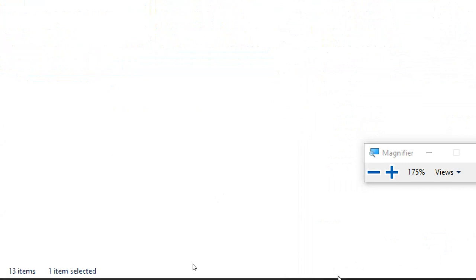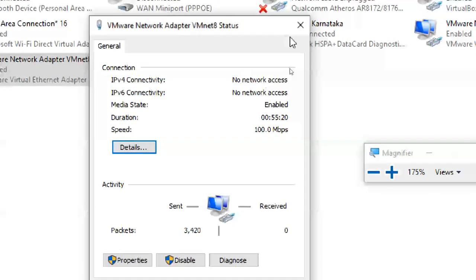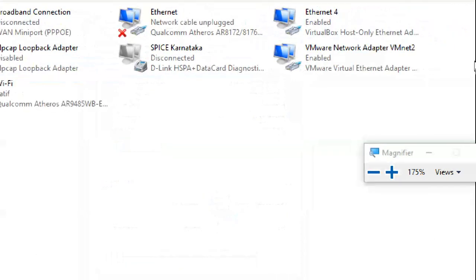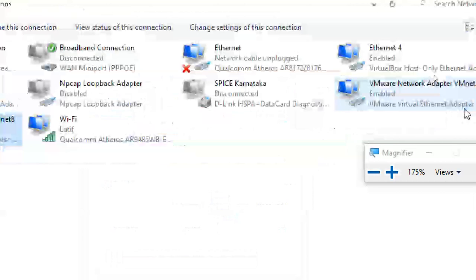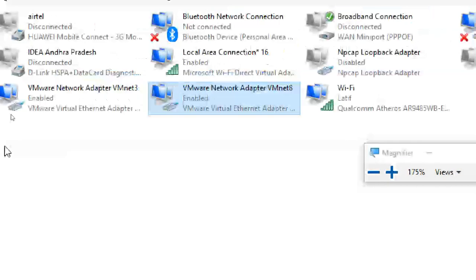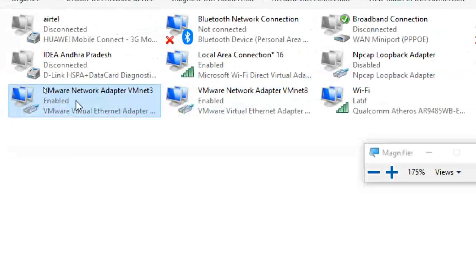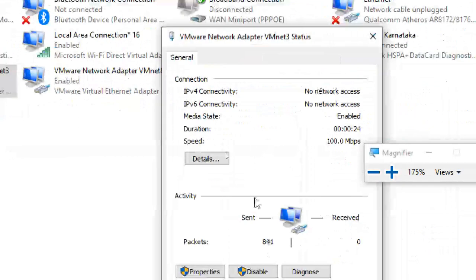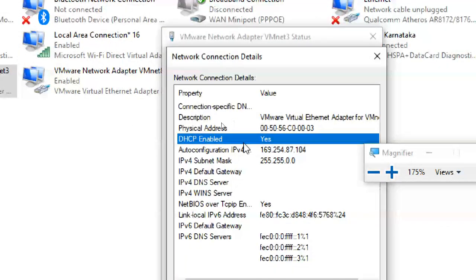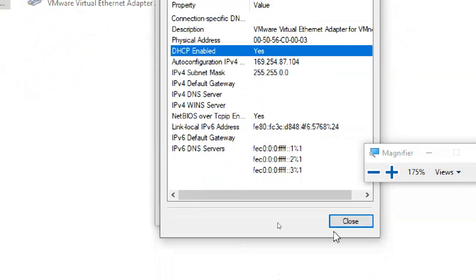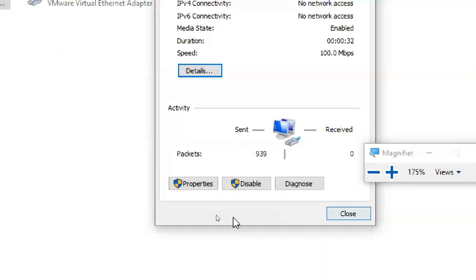Here it is, VMnet3 details. This is also showing DHCP enabled: yes. So I will do some experiments on it.